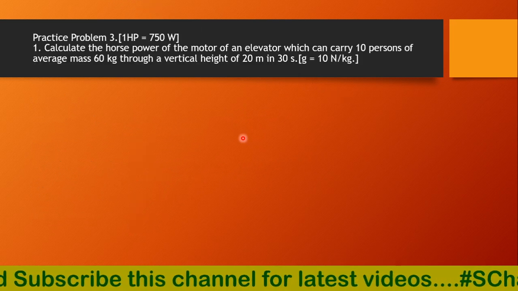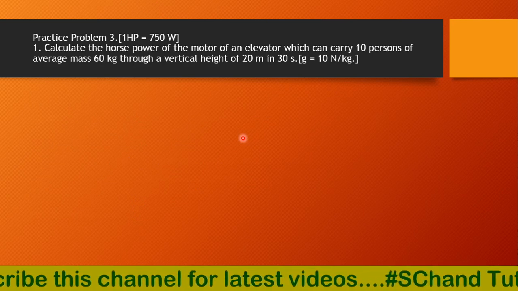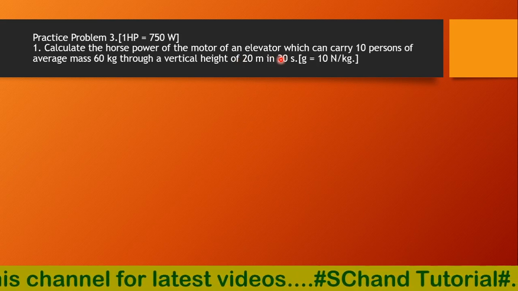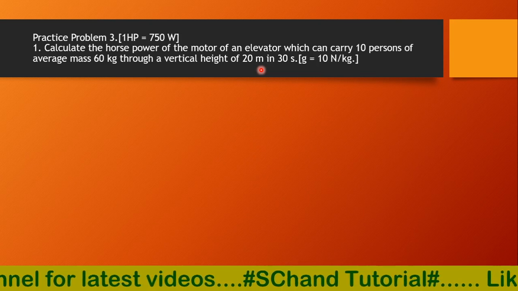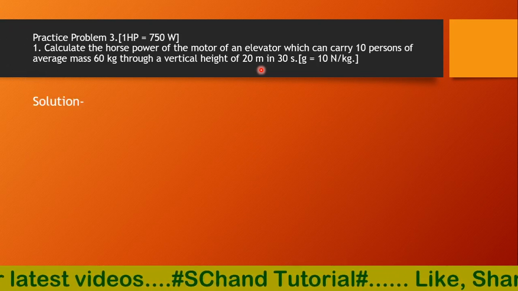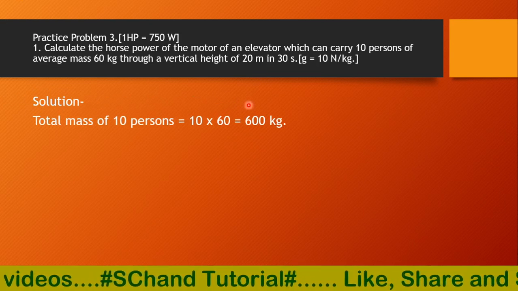Then we have the practice problem 3, first part. Calculate the horsepower of the motor of an elevator which can carry 10 persons of average mass of 60 kg through a vertical height of 20 meter in 30 seconds. g is given 10 Newton per kilogram. So solution is total mass of the 10 persons,